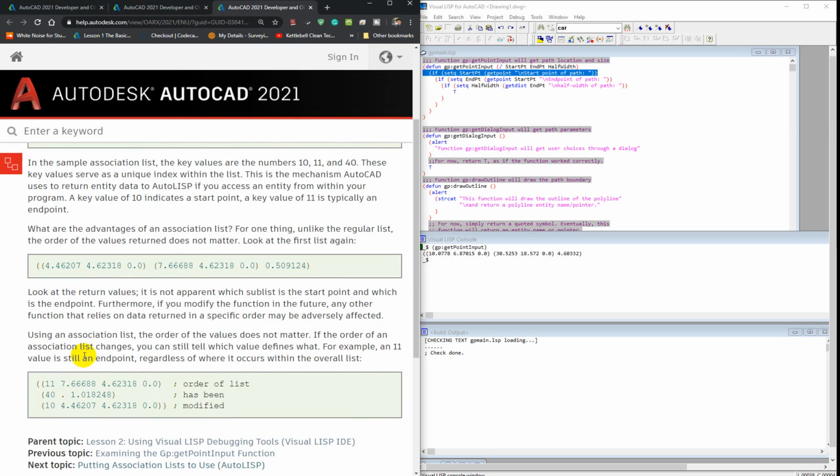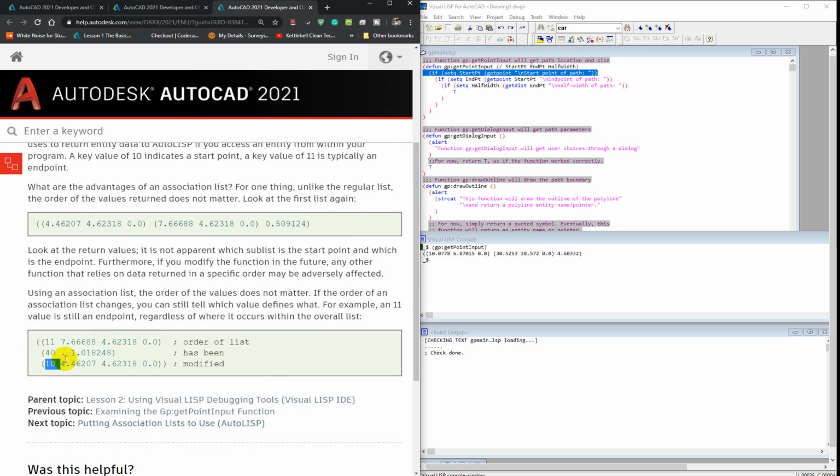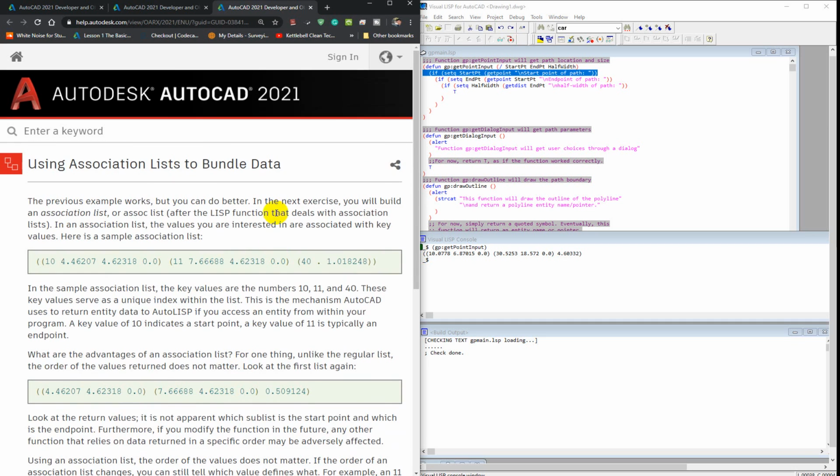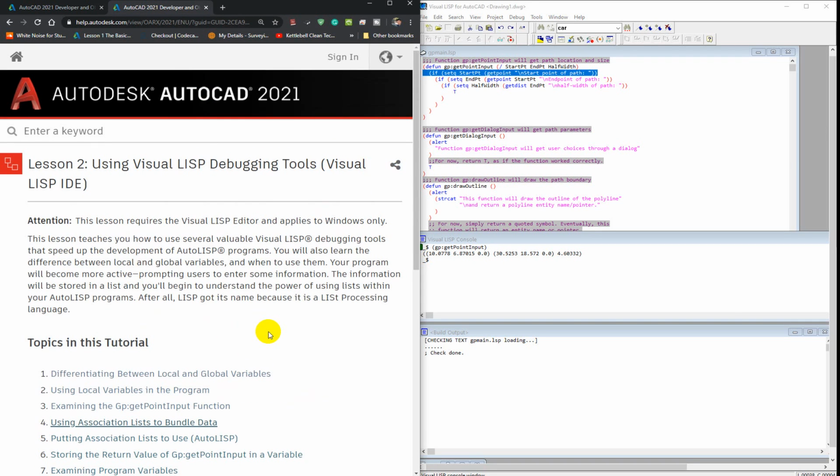What are the advantages of an association list? For one thing, unlike a regular list, the order of the values returned does not matter. Look at the first list again. So you got this, and this. Look at the return values. It is not apparent which sublist is a start point and which sublist is the end point. Furthermore, if you modify the function in the future, any other function that relies on data returned in a specific order may be adversely